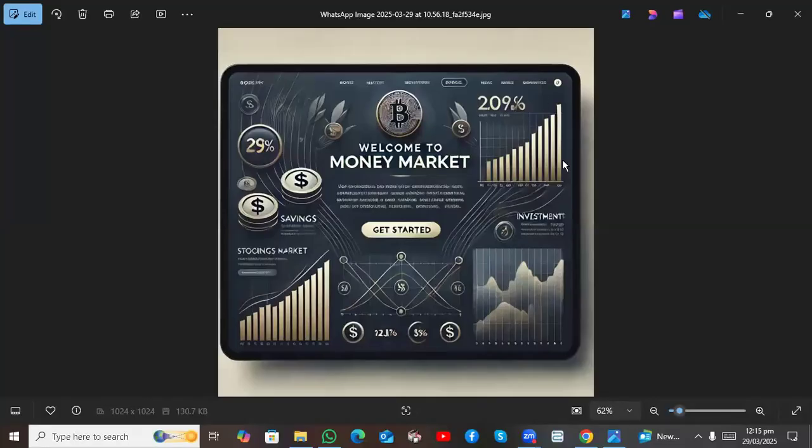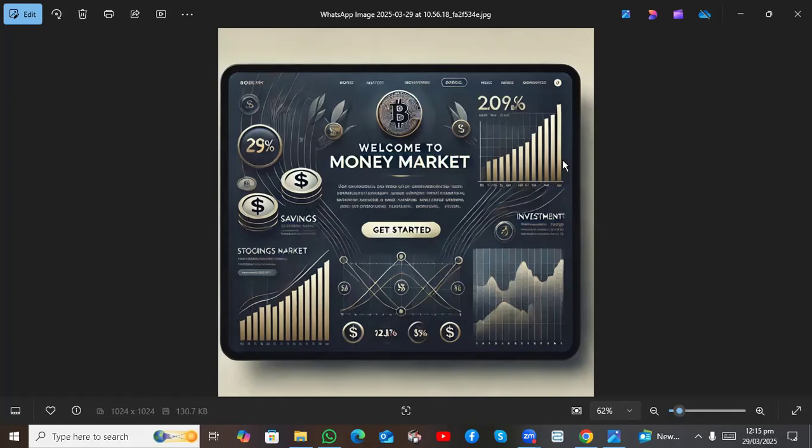Have you ever wondered where banks get the money and the loans to give to businesses and individuals? Every day, billions of dollars flow through financial markets, but most of us never think about how this system works. Imagine you own a company and need a short-term loan to pay your employees. Where do you go? The answer lies in the money market.